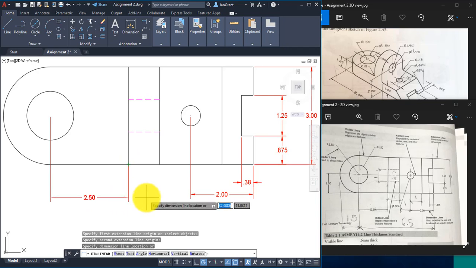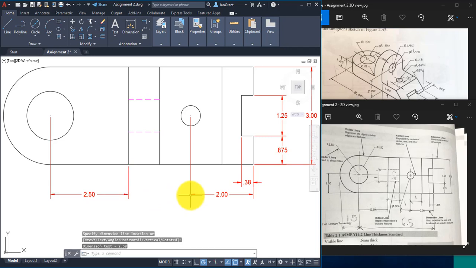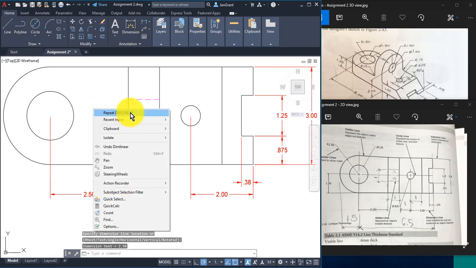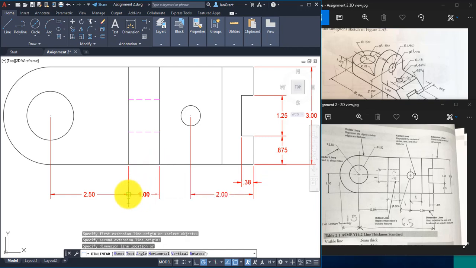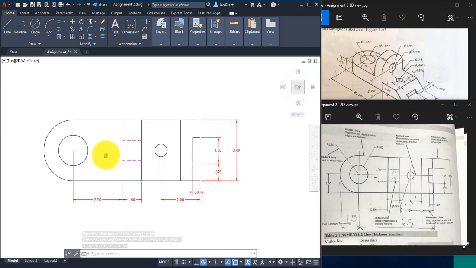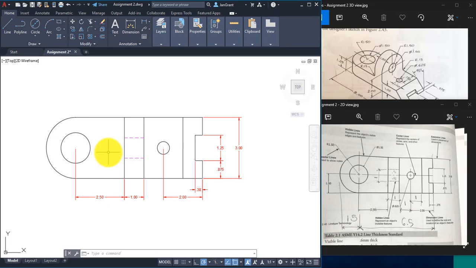Now we want to line this up. So to line it up with something that's existing, I'm going to go over to the existing dimension arrow and click right there. And then I'm going to right click and repeat the dim linear and throw in this dimension of 1 from here to here, and then click on the arrow here of the 2.5 to tie that in. So these are some of the dimensions. I think we should also establish an overall dimension, and